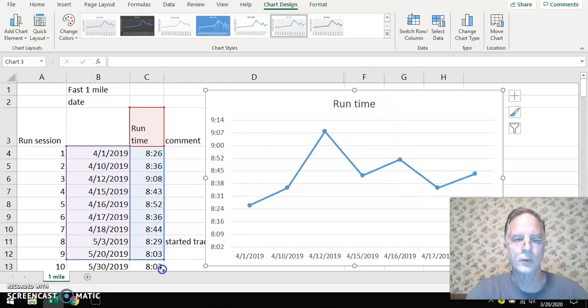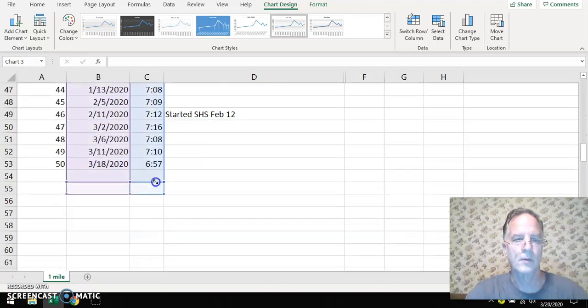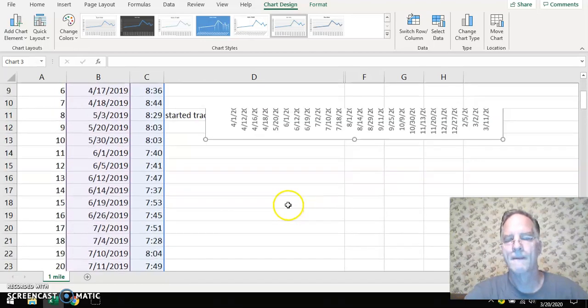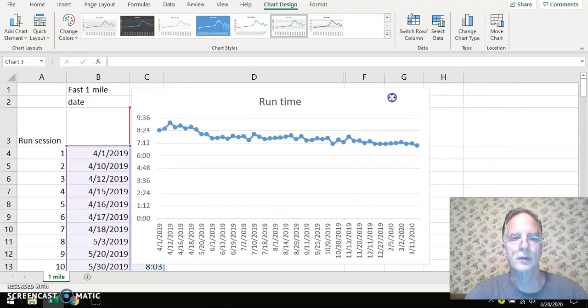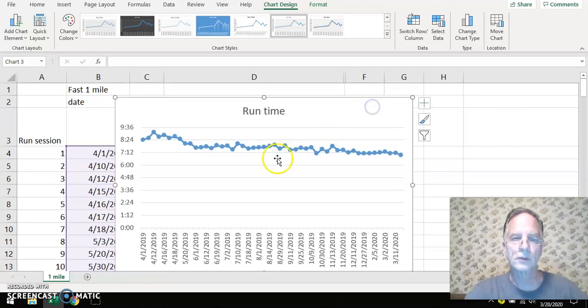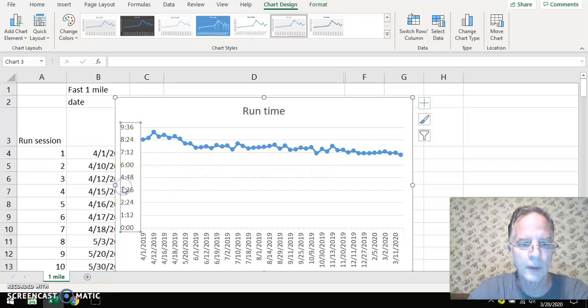So let's include all the sessions, all 50 of them. I've got a column here with sequence numbers. And here's the updated chart. Looks a little different. We could use some better detail, resolution, instead of 0 as the minimum. Let's come up closer to here. So we'll right click